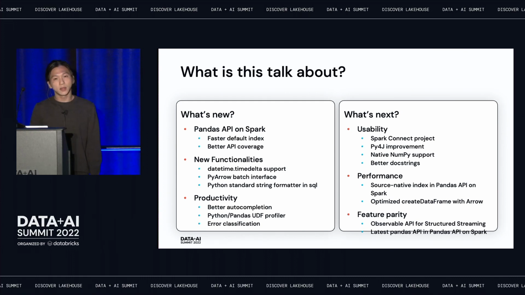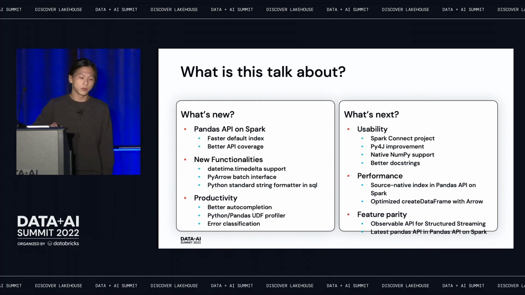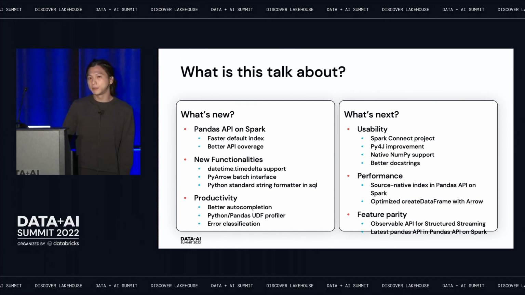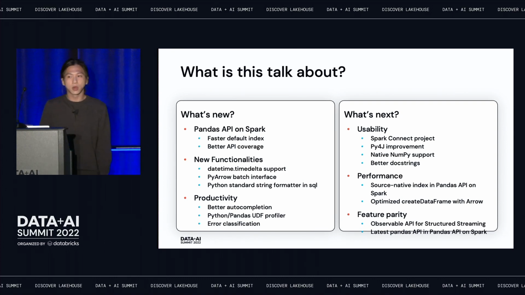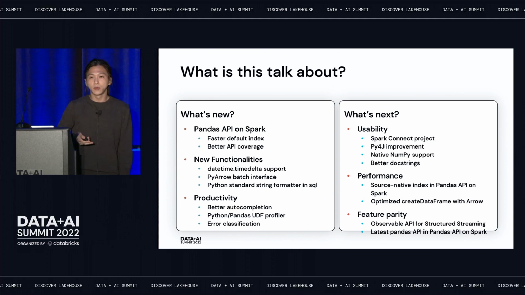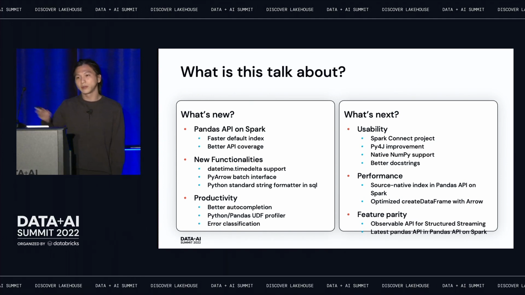And we added Python timedelta support. And we also added the PyArrow interface for advanced users for better performance. And we improved productivity with better autocompletion and the profiler for Python and Pandas UDFs. I will talk about these details later.